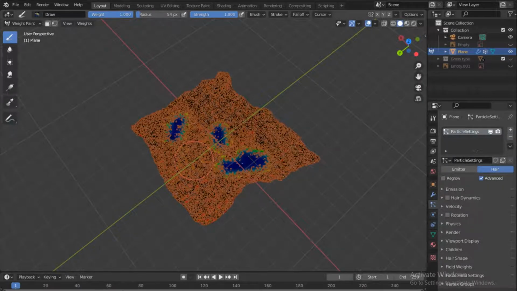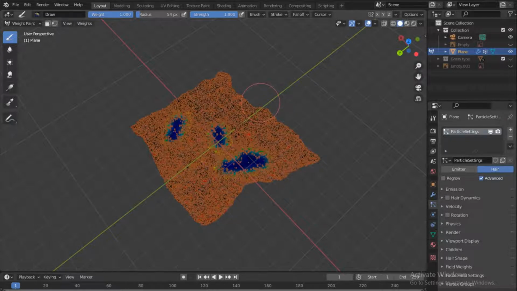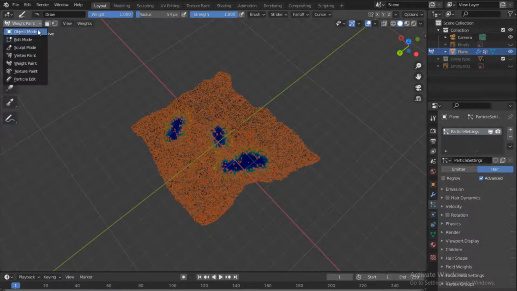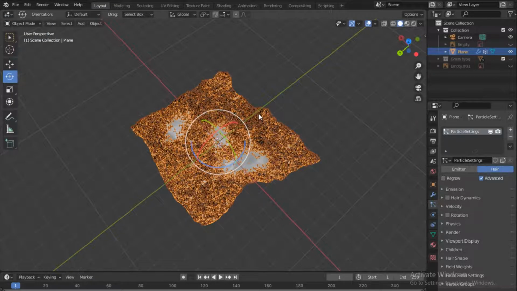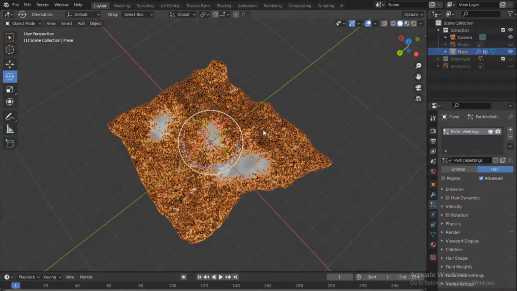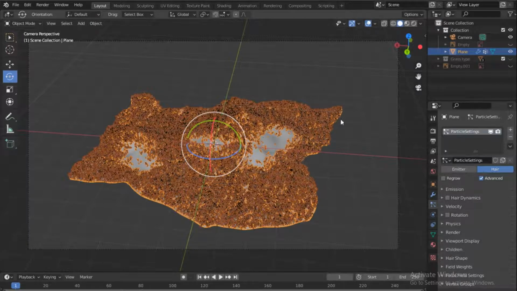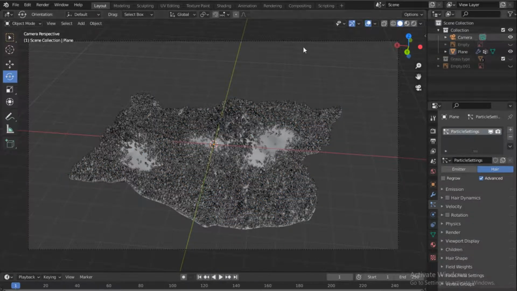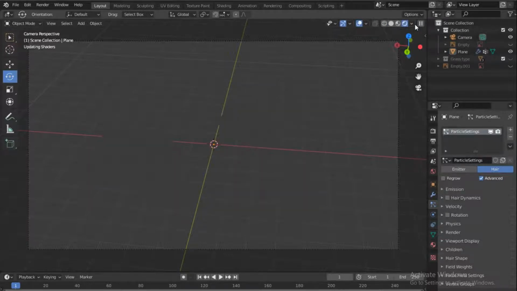Notice that. All right, so for now I think I'll leave it at that. I'm okay. Now I can go back to object mode, and let's go into the camera view, and notice now we have selected places where there's no grass, so you can actually have fun with that. And yeah, so let me just do a render for this, and then after you do your render,